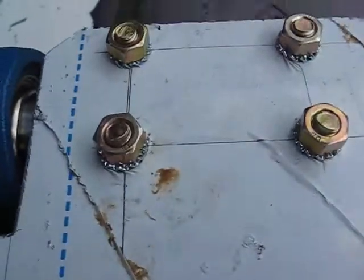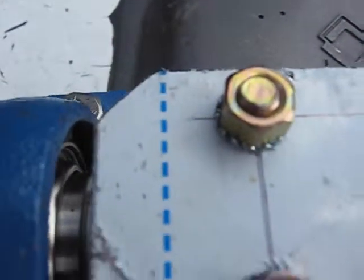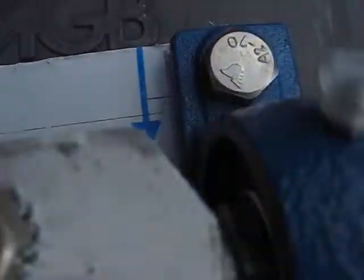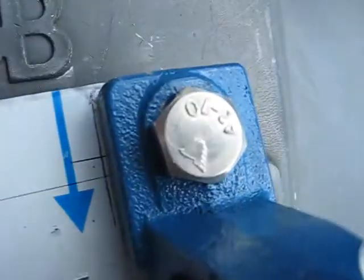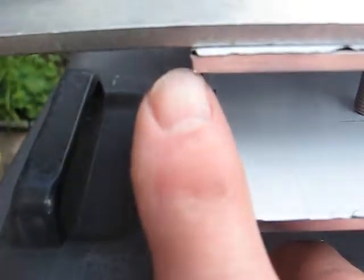but we did have to trim the corner off. Not exact, but it works. But everything's square. I tightened everything up, and then I just have to loosen these 12 mil bolts, nuts and bolts, just to get this plate square with this plate. So this plate has to be square to that plate,